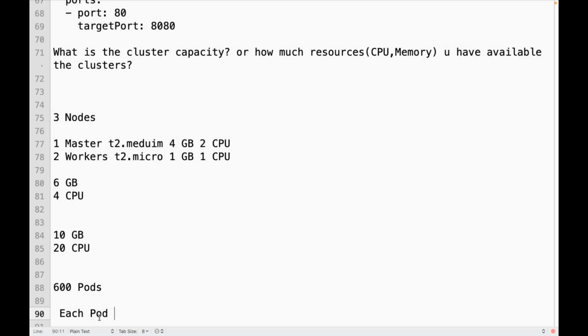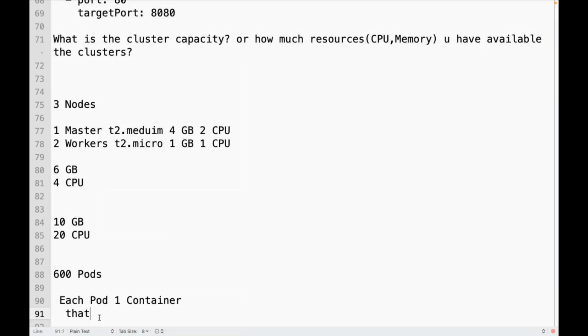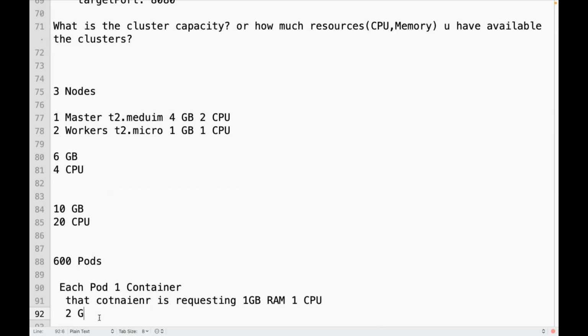Each pod may have one container, and that container is requesting maybe 1 GB RAM and one CPU. That is the minimum it is requesting. Maximum it can go to 2 GB and 2 CPU. Just to give an example, this can be 4 CPU also.